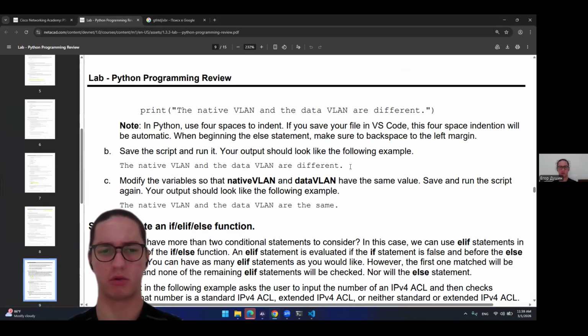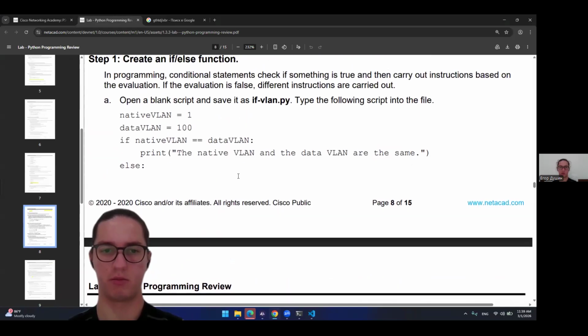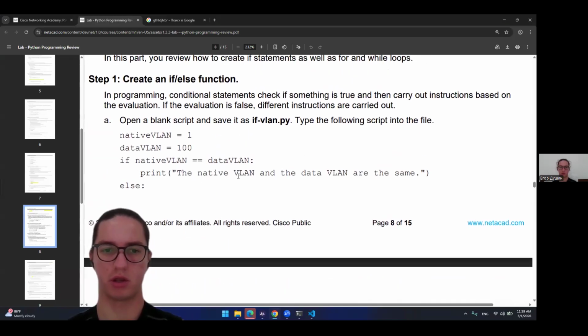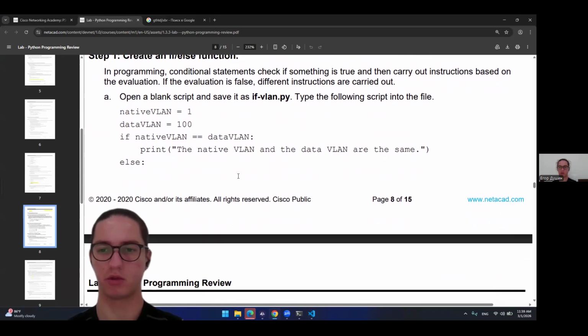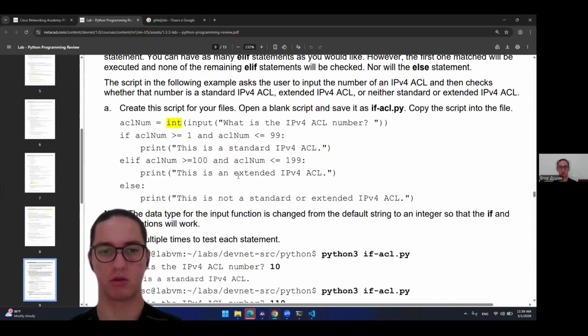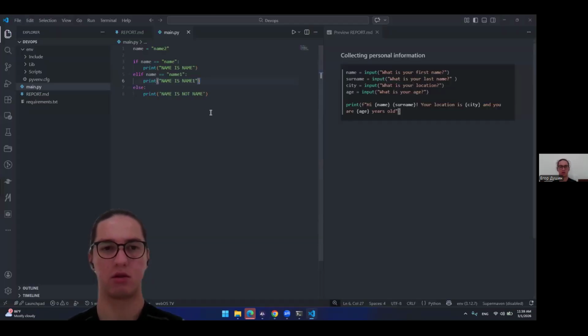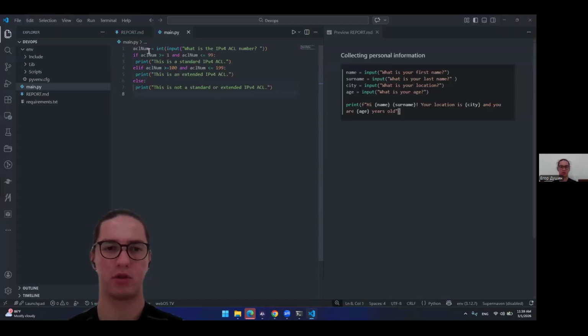Your output should look like the following example. The native VLAN and the data VLAN are different. Okay, just copying and pasting. I really think that it was comparing strings. My file is more complex. Okay, I think I can just. Actually, there is